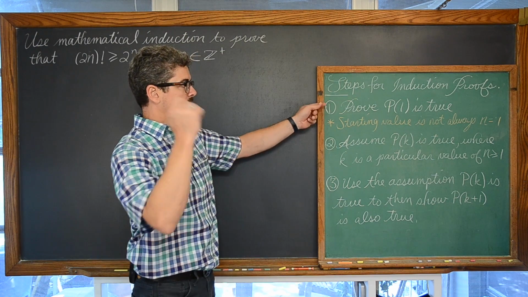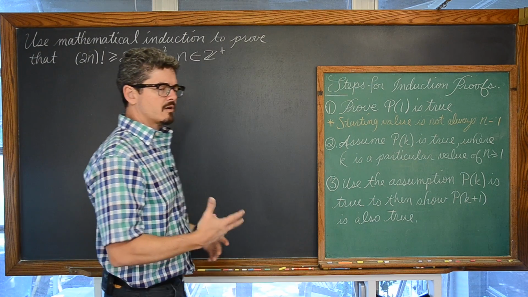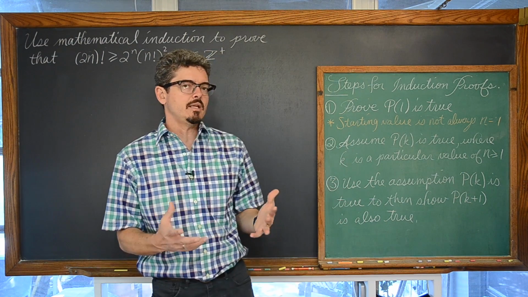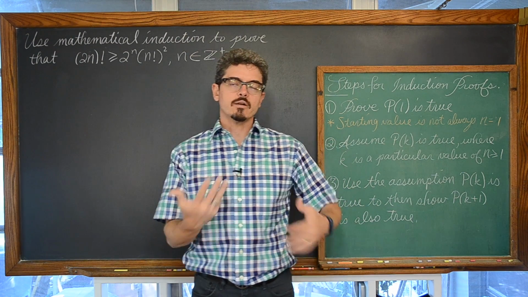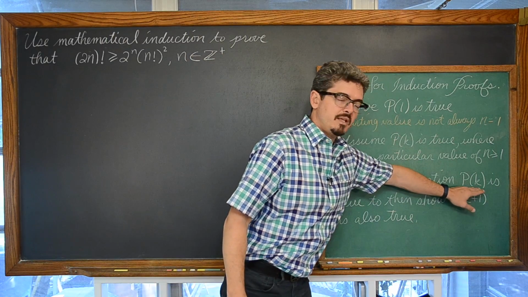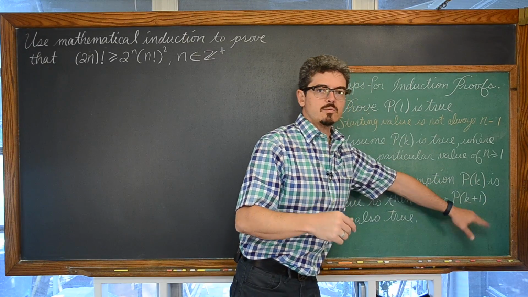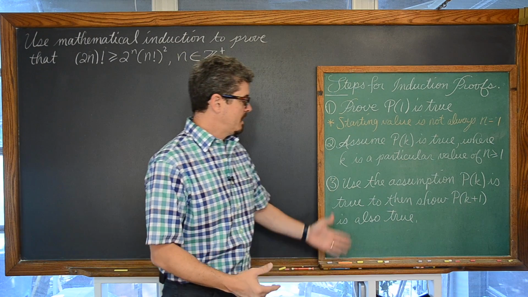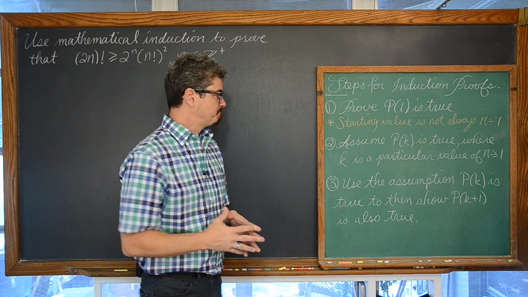You know, we're not going to say, hey, this thing works when n equals 1, then n equals 2, and then n equals 3, and do a bunch of concrete examples. That's not a proof. A proof has to work for any value of n, not just 1, 2, 3, 4, 5, or whatever you happen to come up with to do an example. So if P(k) holds, where k is maybe equal to 5, then it's going to work when k is equal to 6, which will then show that it works when k is equal to 7, and so on and so on. Those dominoes start to fall. That's your induction proof, and you'll be done.